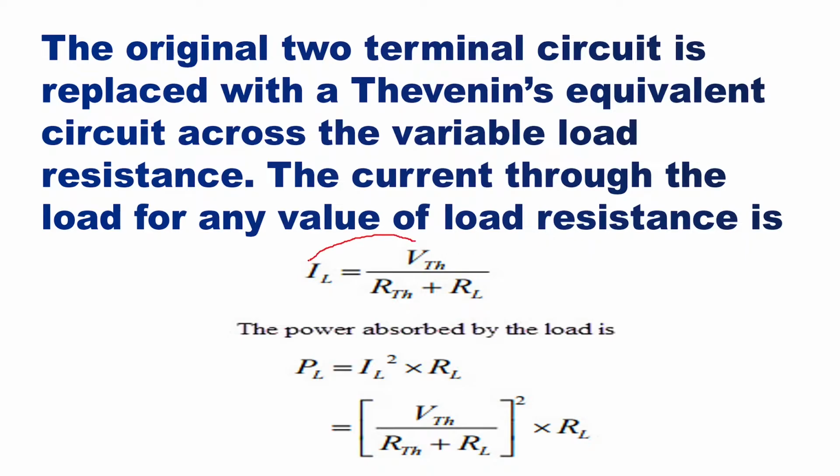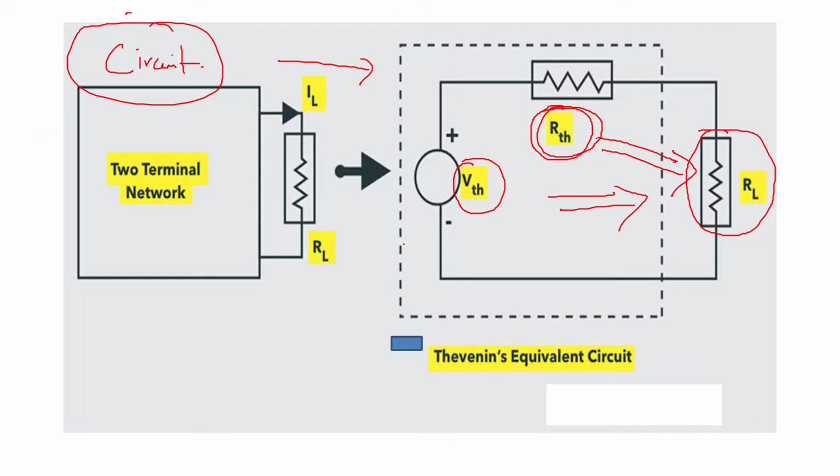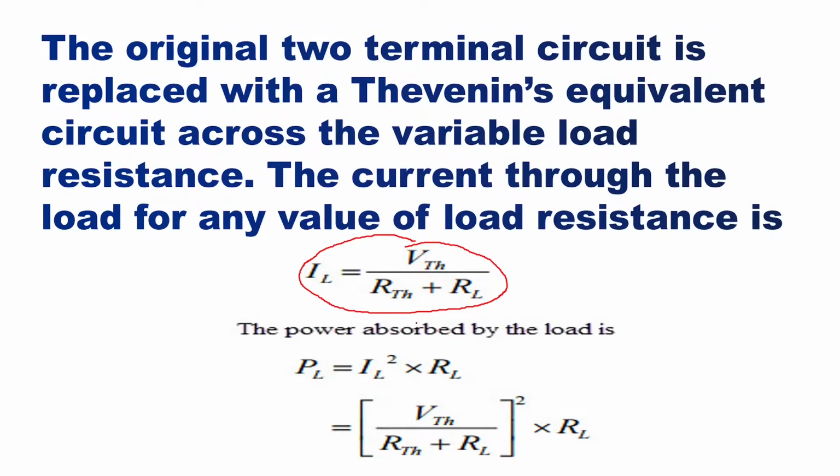So this we can get, that is the expression for the current from the previous circuit. Here you can see this is the voltage VTH. So VTH is the voltage upon our resistance, which is the combined resistance of this loop. So when you add RTH plus RL, this is voltage upon resistance for that loop, and this will give you the current. This is what we have shown in this expression. So the load current is nothing but the voltage upon the combined resistance of the loop. So here we have shown it.